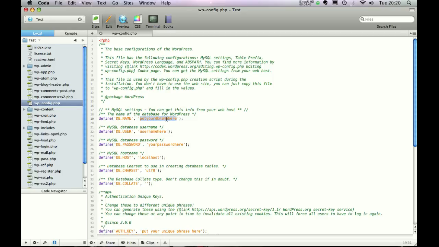So the database name is WordPress. This is the same database name we created in PHP MyAdmin. The username will be root. All this is set by default in MAMP, so don't worry, yours should 99% be the same. Localhost